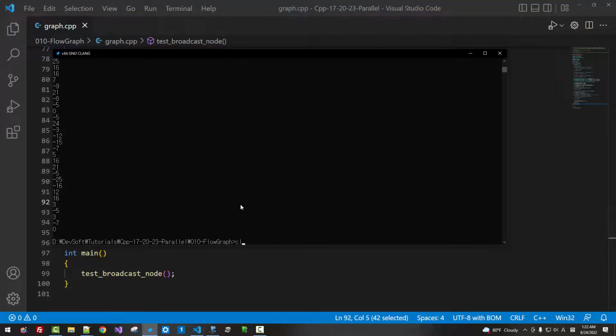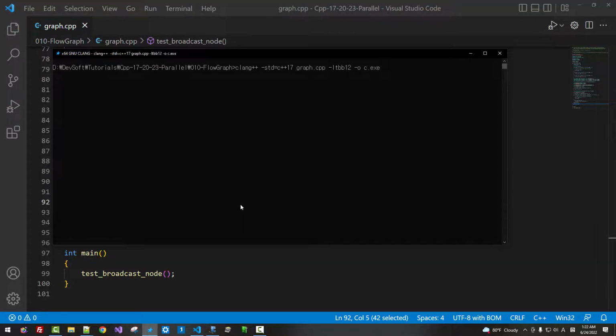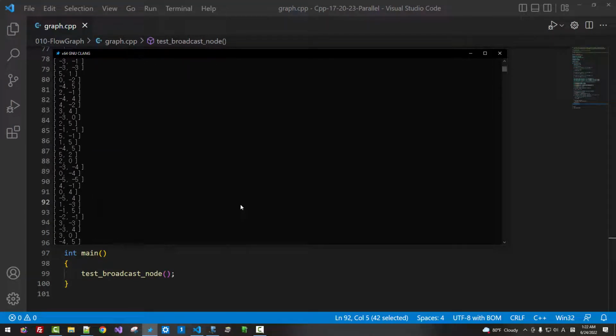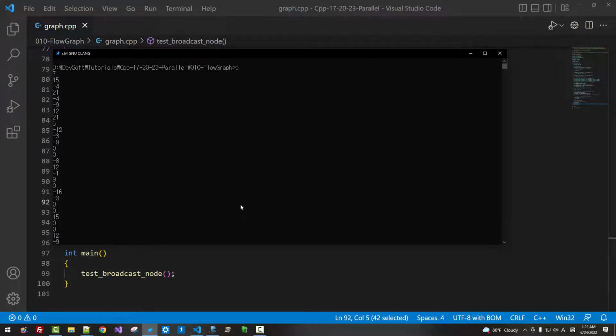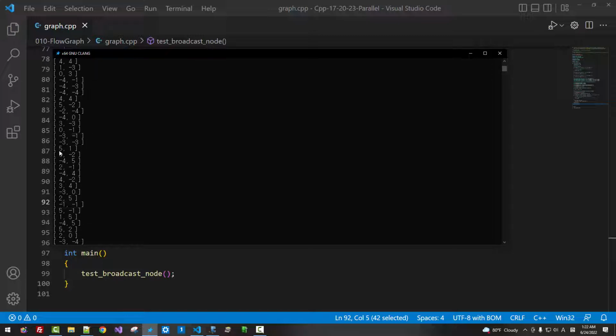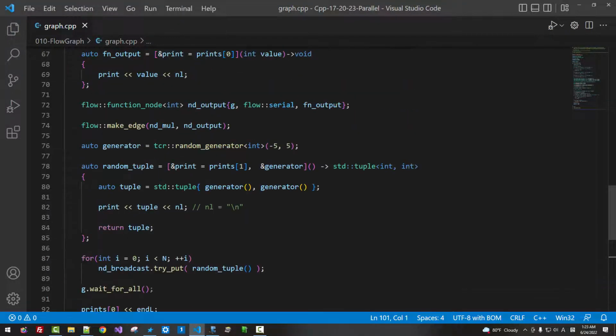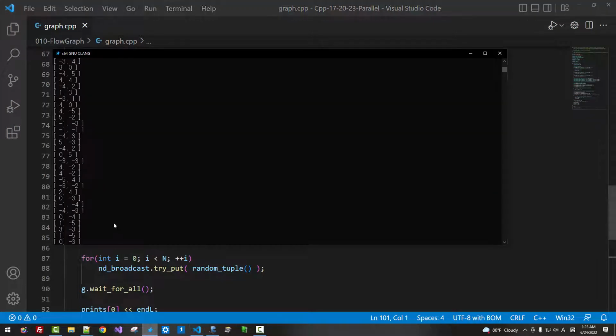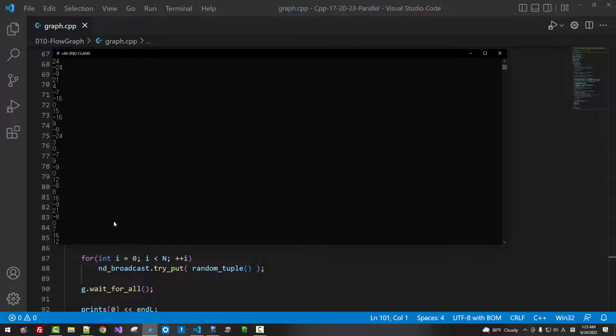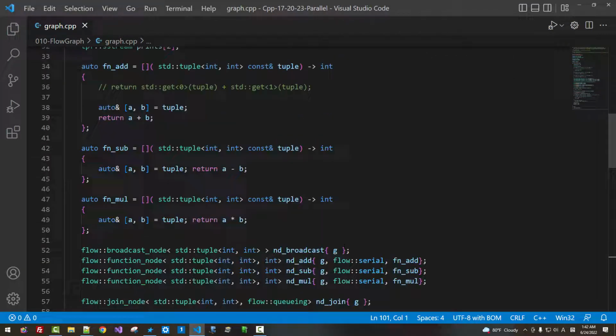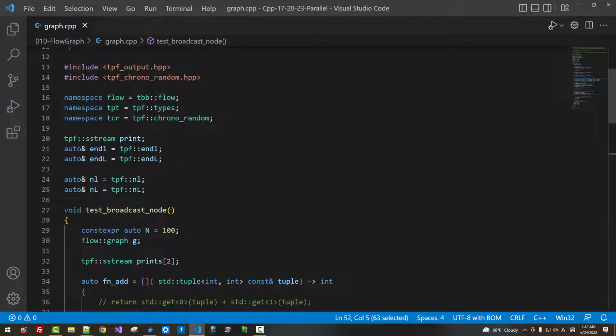Now cls, rebuild, cls c. This is the computation result. This is the input. In this code, we never used synchronization, but still it works perfectly. We used a broadcast node defined here. Now we will use